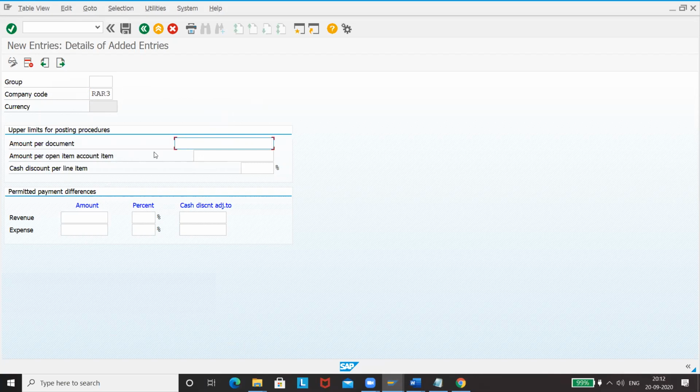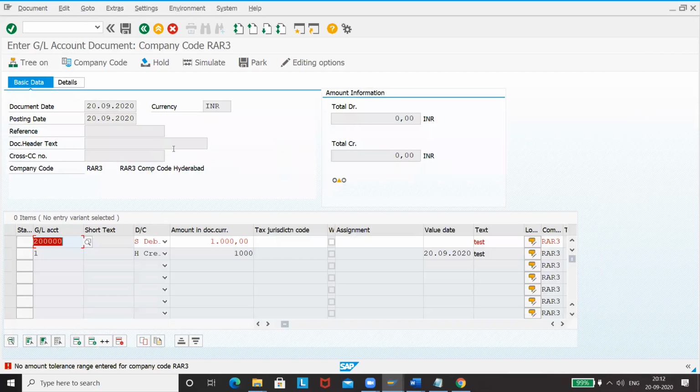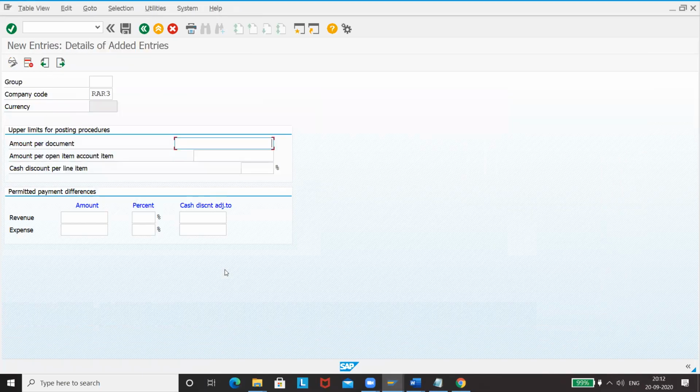The upper limit is the maximum amount that you are going to enter for a document. You can have many line items in a document. So here you give 1,000, 2,000, 3,000. You have to give the maximum limit, and if anyone goes for an amount more than that, the system should stop him. That is the intention of maintaining this.